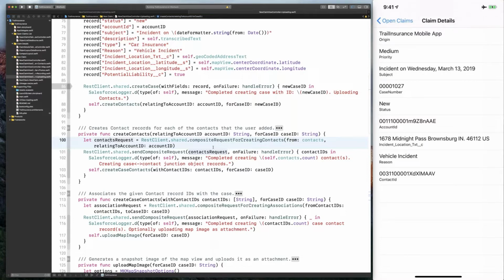contact requests up into one composite request and send those off to Salesforce. And what you get back is a composite response saying success, success, success. Oh, this one's duplicate. Okay, or success, exactly how it works. And when we're done creating our contacts,